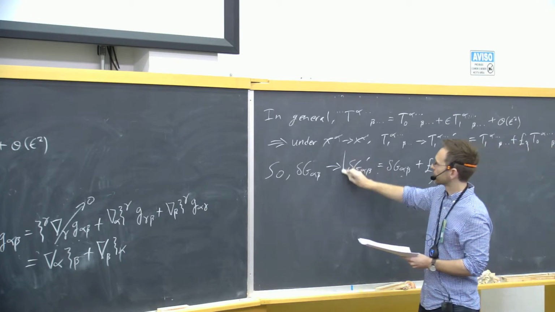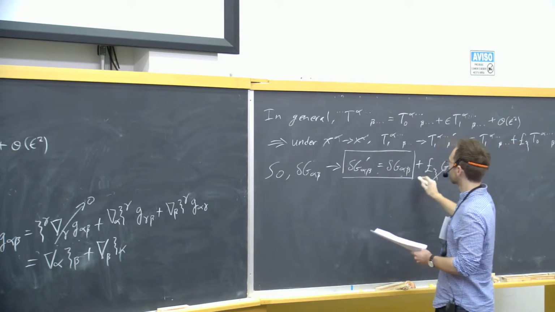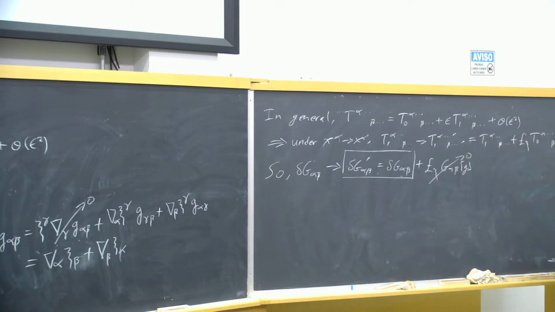So then we have this result, that the linearized Einstein tensor is invariant under a